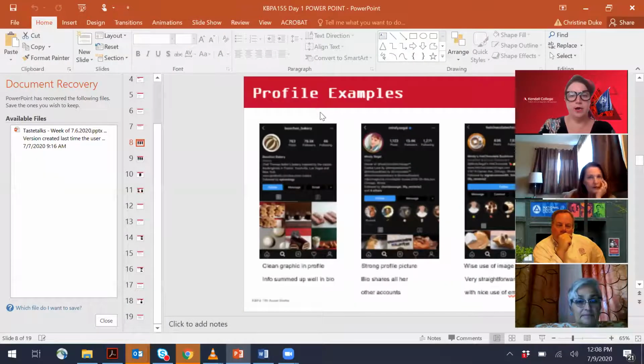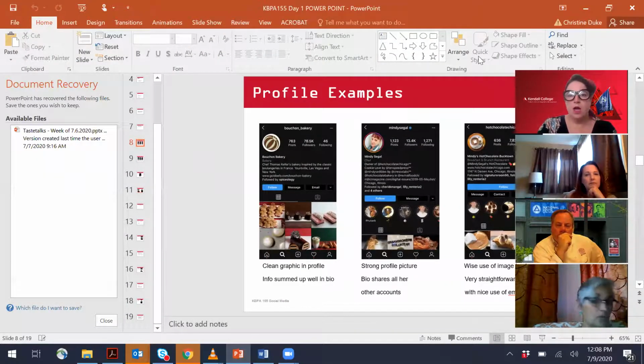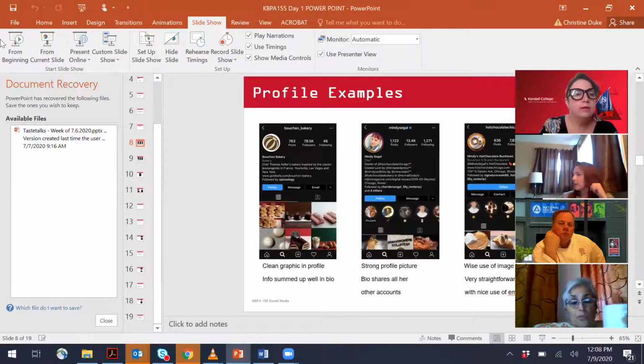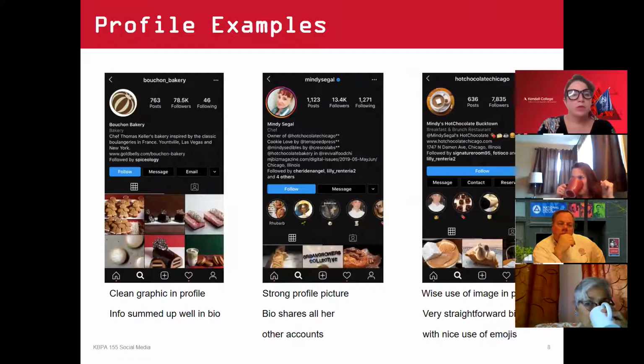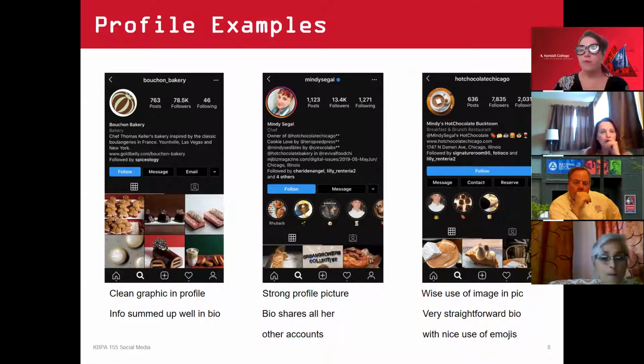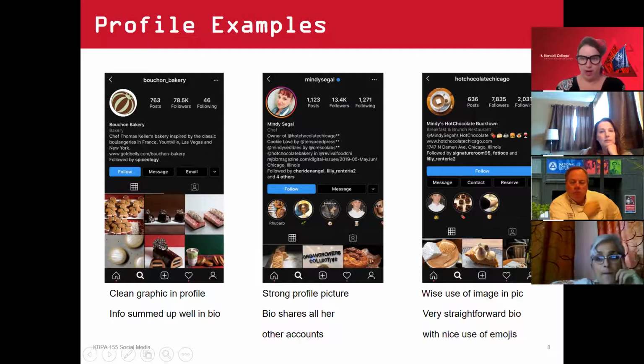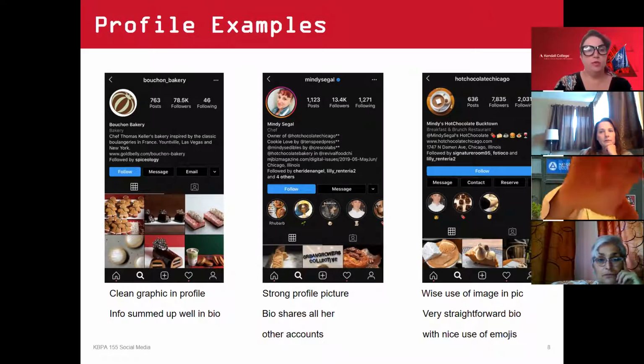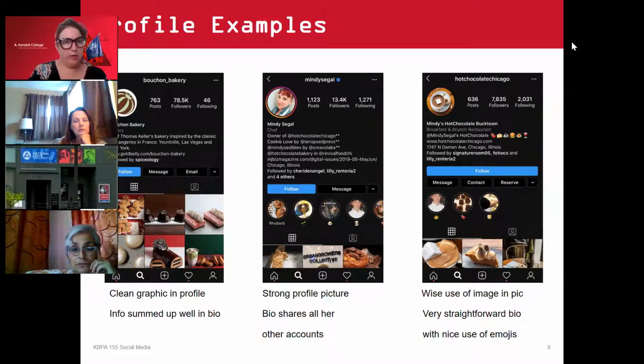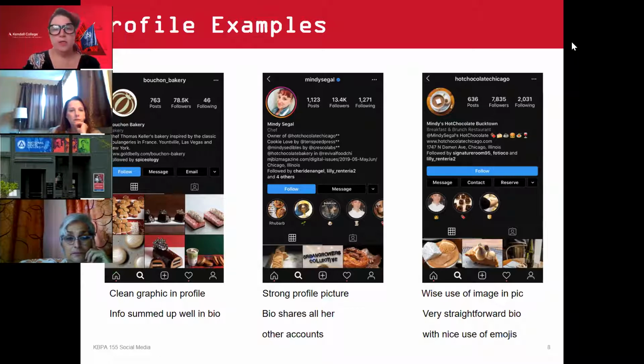So first I wanted to show you where home base is on Instagram. If you're looking at what is all about you, your personal profile and biography, this is going to be the layout of what your own homepage would look like. I've actually shared some places that many of you may be familiar with.